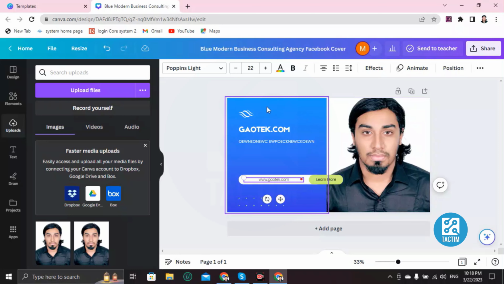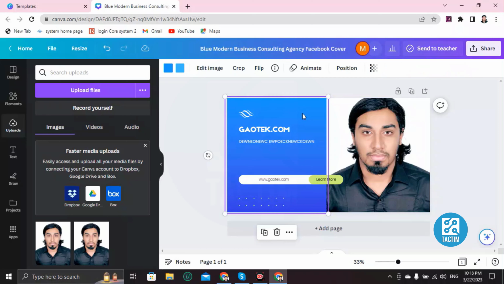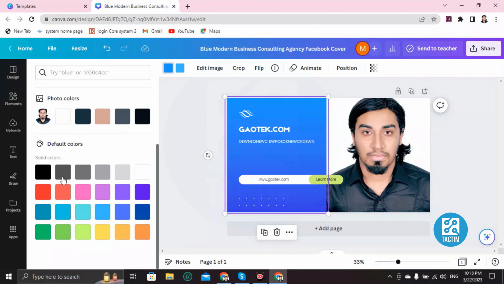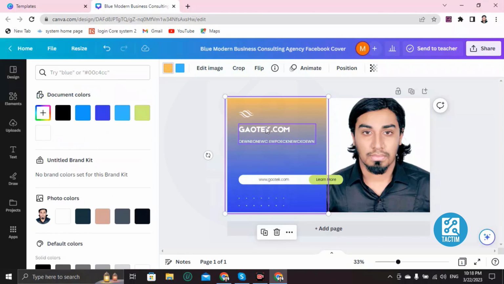Okay, now if you want to change the background color, you can see here the blue background. If you want to change it, just click on this once and you will find here color. Go to color and you will find many colors here. Just choose one, like this, this, or this. This will be changed like this. Okay, so guys,